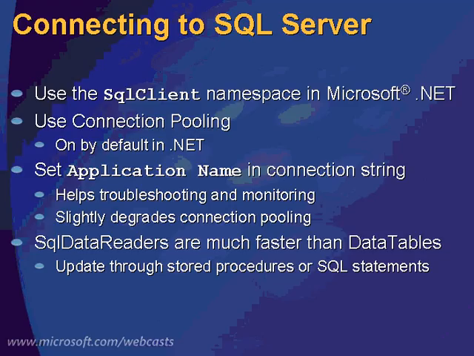Connection pooling is on by default, and you want to leave that on unless you have a specific reason to not use that. The other thing that I encourage people to do is to set the application name in the connection string. And we'll look at some examples of that here in a minute. What you set in that application string, if you're having performance problems or you're not sure what's running a query, you can go look at SQL Server, and it will tell you what the application name is of the various